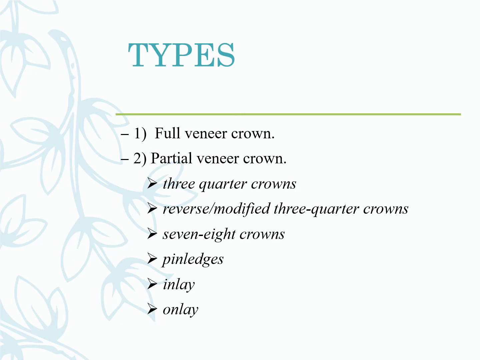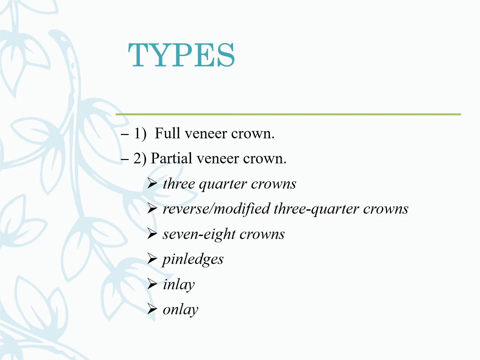So what are the different types of crowns that we see? We know there are two types of crowns mainly, that is your full veneer crowns and your partial veneer crowns. Full veneer crowns are the crowns that you usually do in your clinics, advised for your endodontically treated teeth when most of the tooth structure is lost and the tooth is completely weakened because of the loss of tooth caused by caries. In that kind of case, you restore it with a permanent cement or permanent restorative material and then prepare the tooth and give it a full veneer crown.